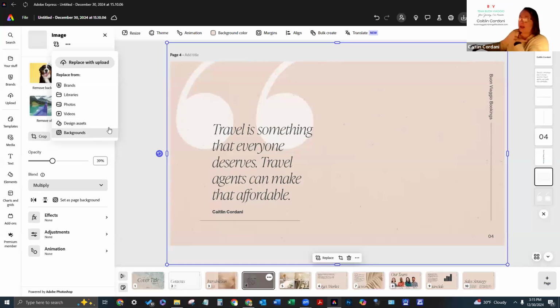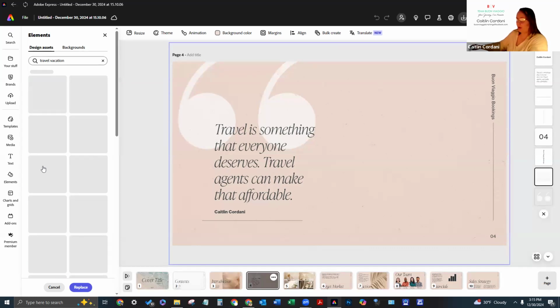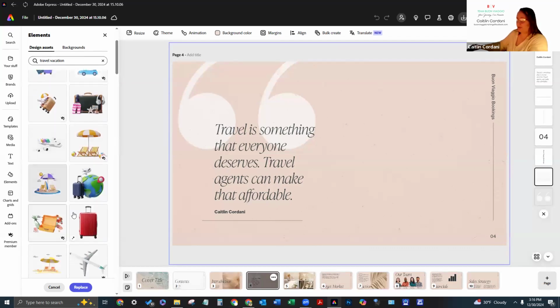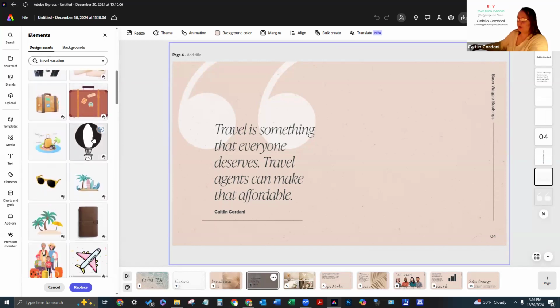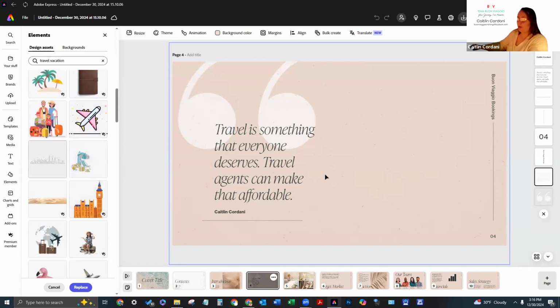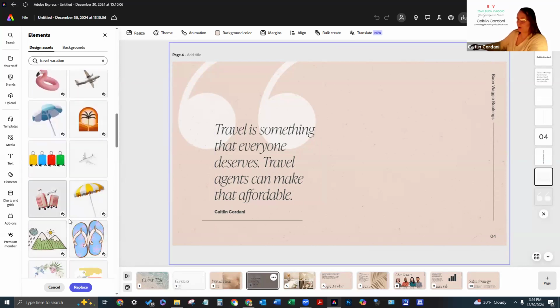What I'm looking at is design assets and backgrounds, because that's going to be the main image provider that I have here on Adobe. So I'm going to go to backgrounds. Sorry, you can go to design assets, which are icons and things like this. So you'll be able to look at what you want to include in the picture. So I like